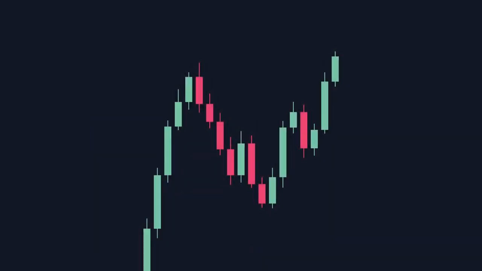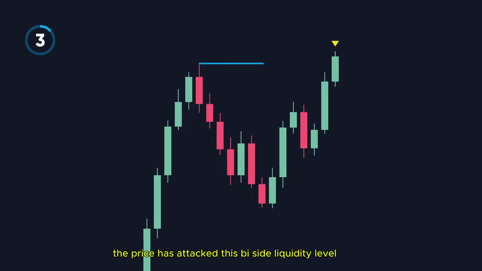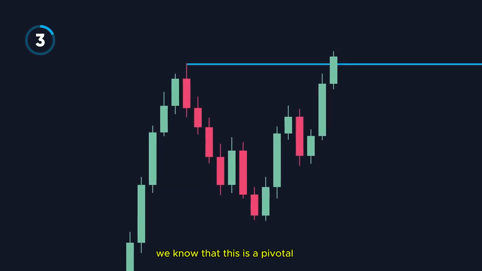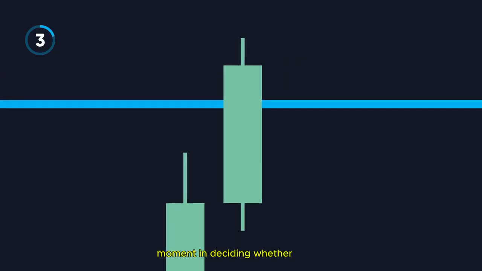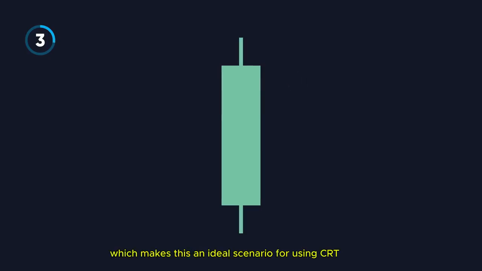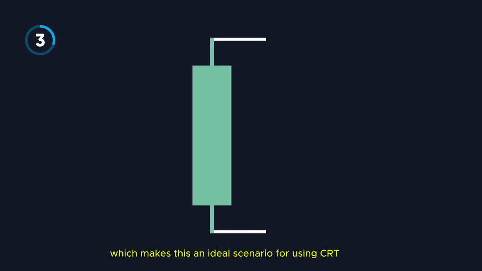So now that we understand the concepts behind candle range theory, it's important to emphasize how we should actually plan our setups using this strategy. For example, here we have a chart on the daily time frame. And as we can see, the price has attacked this buy-side liquidity level. And with our knowledge on smart money concepts, we know that this is a pivotal moment in deciding whether the price will continue to push up or push down in the form of a liquidity run or a liquidity sweep, which makes this an ideal scenario for using CRT to analyze this candle